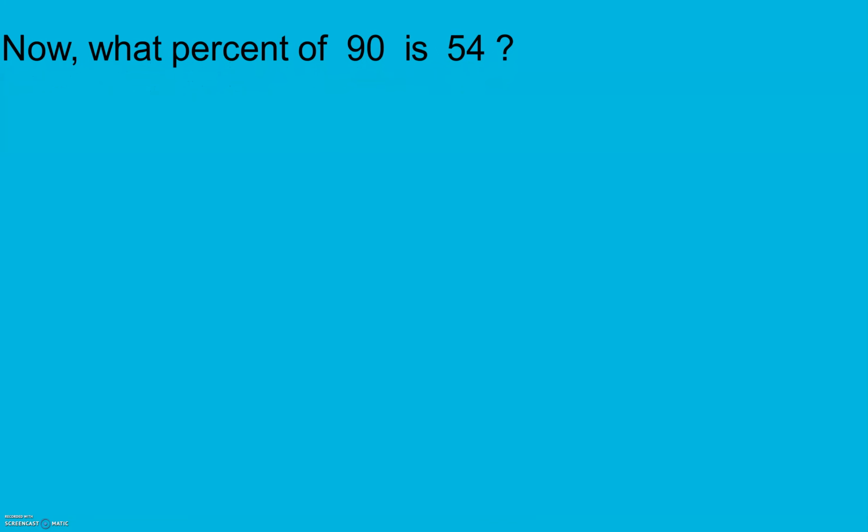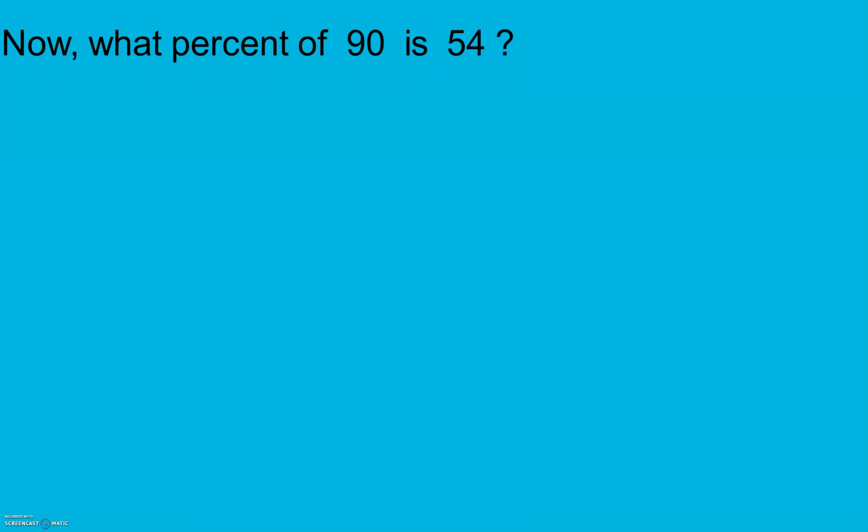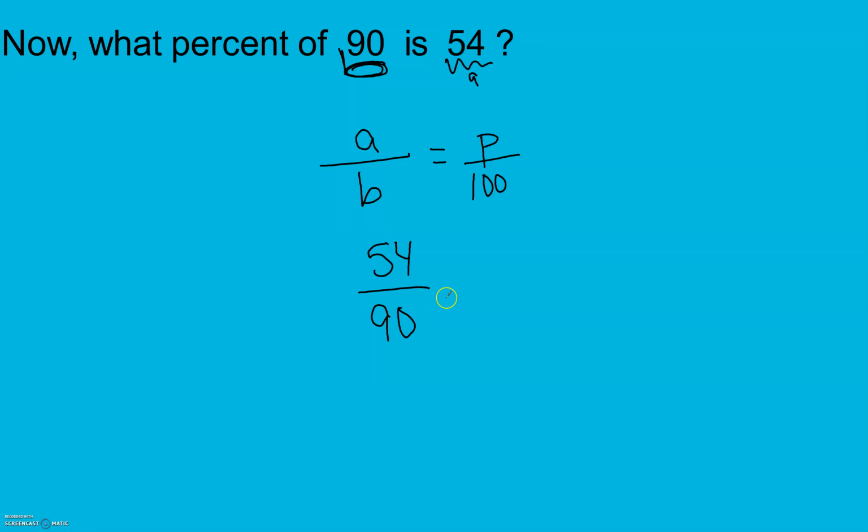Now feel free to pause here and give this a try if you'd like. What percent of 90 is 54? So again, our base is our 90. That's where we started. And here's our proportion. 54 is our part. That's where we went. So we started with 90, went to 54. So 54 over 90 equals, we're looking for percent,